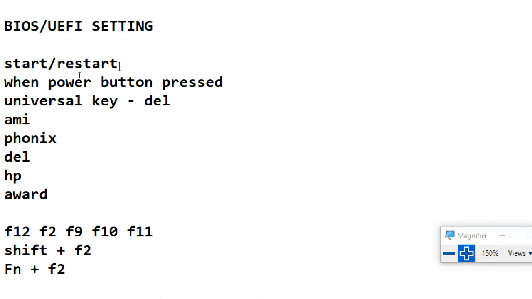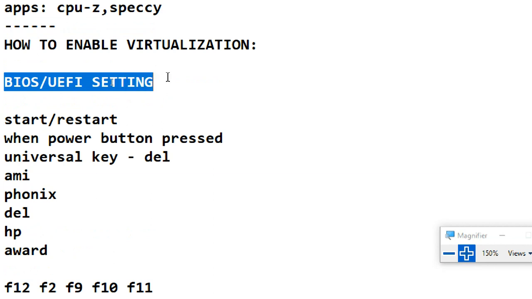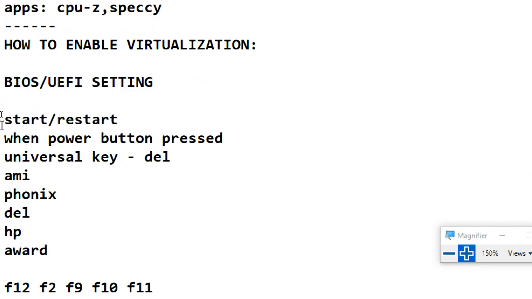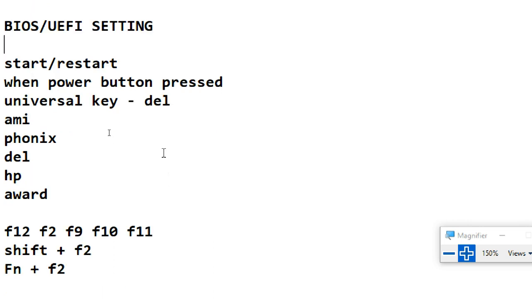Okay. Next, how to go to these BIOS or UEFI settings? Generally, in any system, whenever you press the power button to start your PC, you then have to press a key.